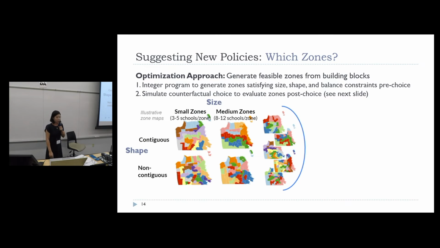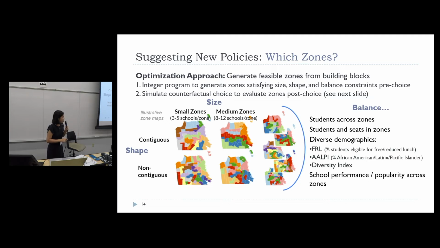And so what was the math program? I'm going to show you using pictures. We had constraints capturing the size of the program. So how many schools are we going to have in each zone? How many zones do we want to have? We had constraints capturing the shape of the zones. So are the zones contiguous? Can you get from one piece of a zone to every other piece by walking, or are they kind of islands? In fact, these contiguity and also compactness constraints, like how circular and non-snaky your zone is, are the ones that you, for example, typically see in gerrymandering and make the optimization problem hard.